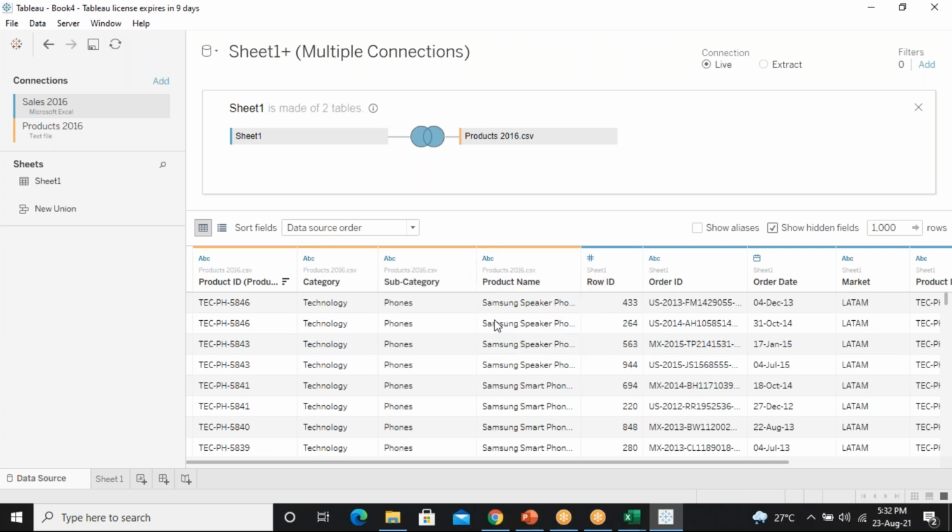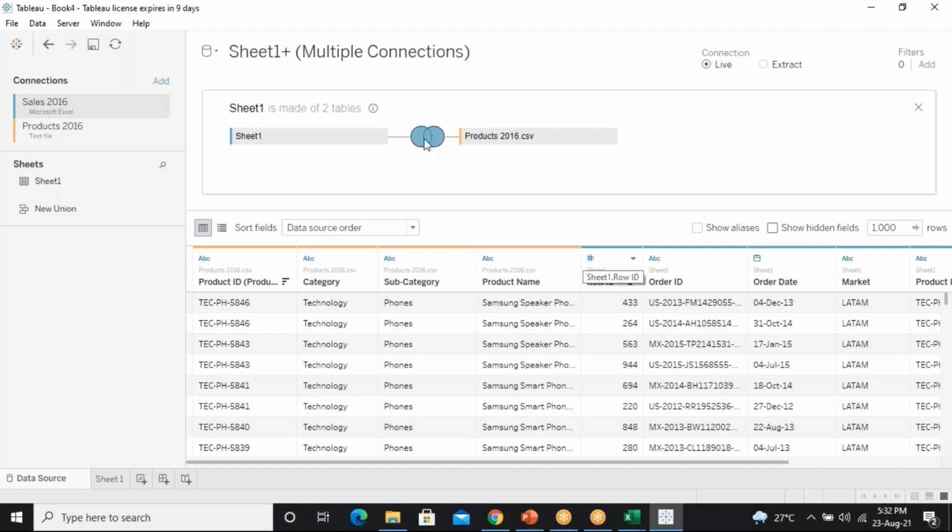So these options we will use sometimes. Why? Because while inserting or taking that data for sheet view, we may not use some columns, but later we will use them for other things. So in that case, when you want to hide it, we can use this one. And next, it is showing a total of 1,000 rows of records.